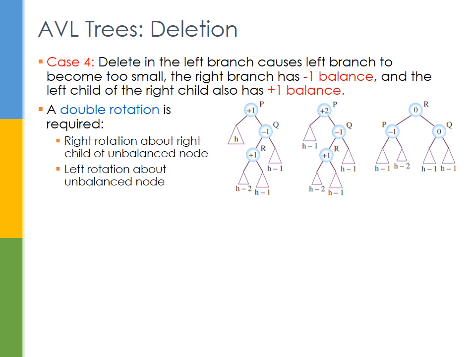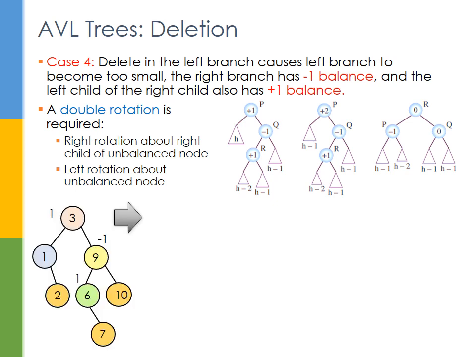So again, we perform a double rotation, and this is the same double rotation as we performed for case 3. So a right rotation about the right child of the unbalanced node, and then a left rotation about the unbalanced node. So let's look at what this looks like in terms of this example over here. Here we have a balanced AVL tree, and what we are now going to do is delete the value 1